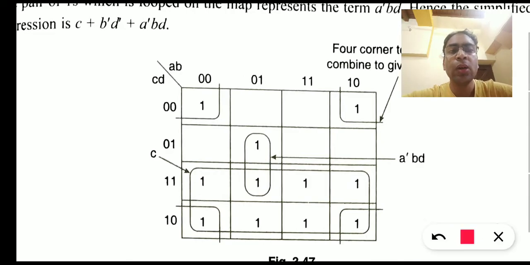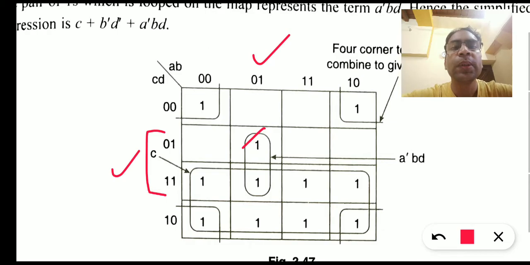If we take this dual, in the column we have 0 and 1, that indicates A dash B. From this we will take the value which is similar on both sides, that is D. So from here we will take D. This is A dash B D, the expression term from a dual.